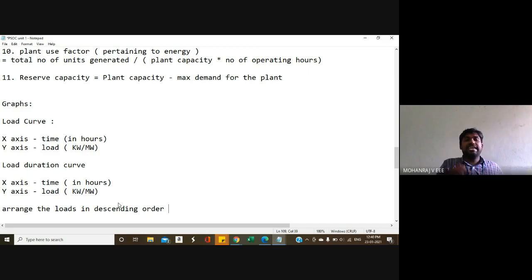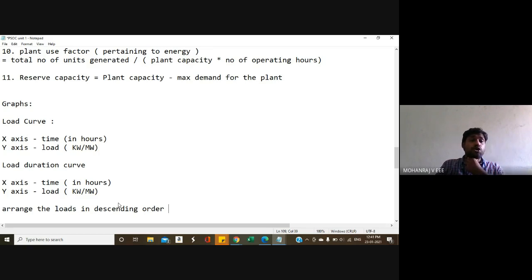Say, for example, 6 a.m. to 8 a.m. you have 10 kilowatts. Then 8 a.m. to 12 p.m. you have 10,000 kilowatts. Then 12 p.m. to 6 p.m. you have a load of 12,000 kilowatts. Then from 6 p.m. to 12 p.m. you have a load of 1,000 kilowatts. So the x-axis is in chronological order, whereas in your y-axis you have your load. That is not a problem.